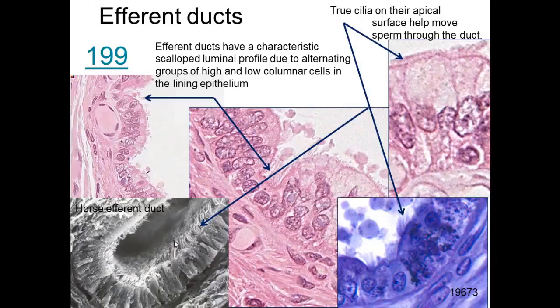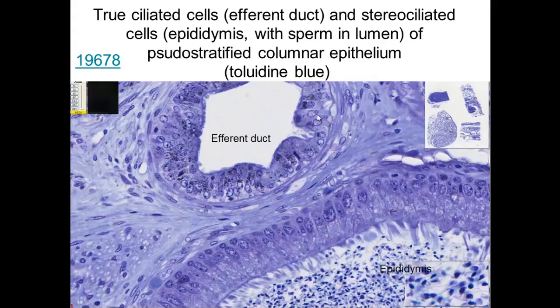And here we can see the efferent ducts, true ciliated cells on their surface. You can see the cilia here, and the cells vary in height, and as a consequence, they look scalloped, so you get a scalloped appearance of the duct. So here's a scalloped appearance of the efferent duct, true ciliated cells, and then that gives rise to the ductus epididymis. Here we see some spermatozoa in there, and the long stereocilia, not true cilia, just very long branched microvilli